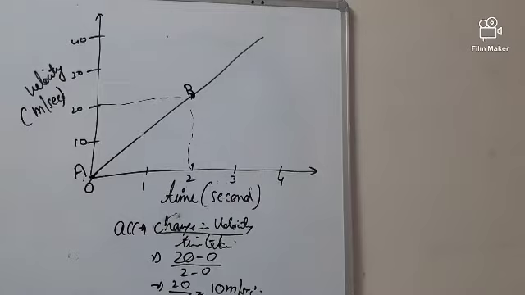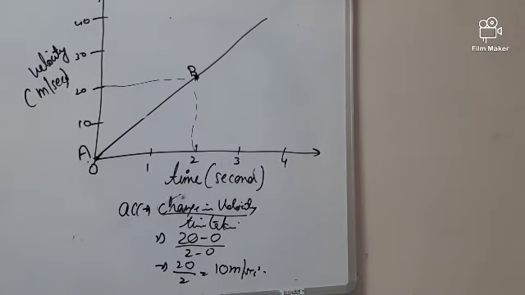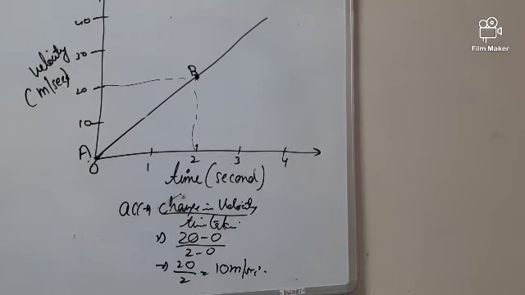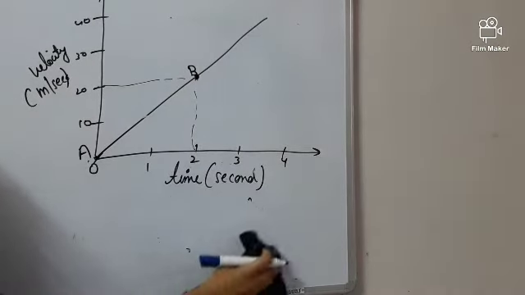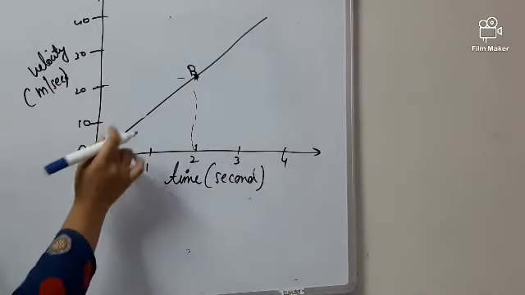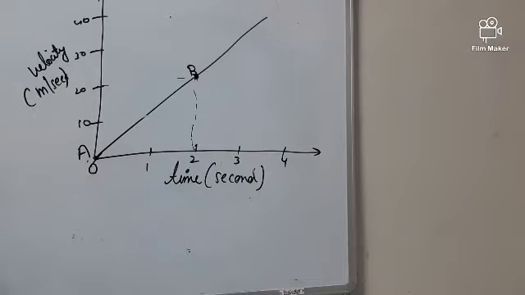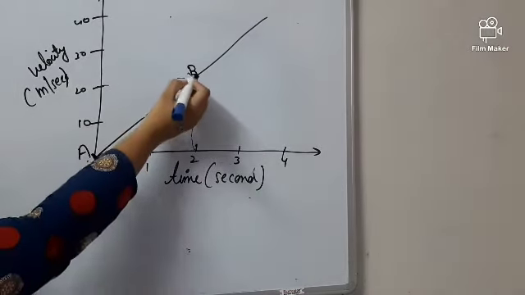So this will be your acceleration. Now you know that velocity is displacement over time, which means by using a velocity time graph we can also find out displacement. Now for that, remember this always: for finding distance and displacement using the graph, you have to find out the area included under those points. Like I say, find out the displacement from A to B.